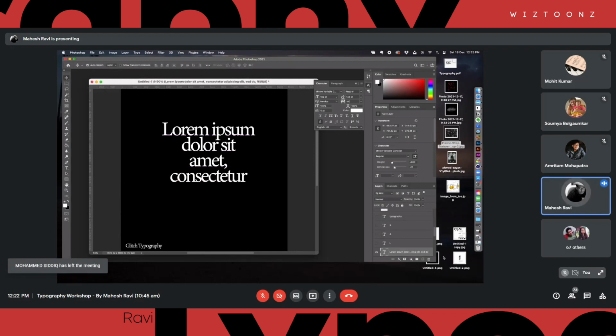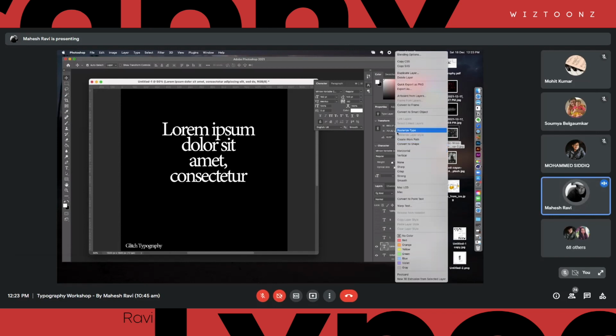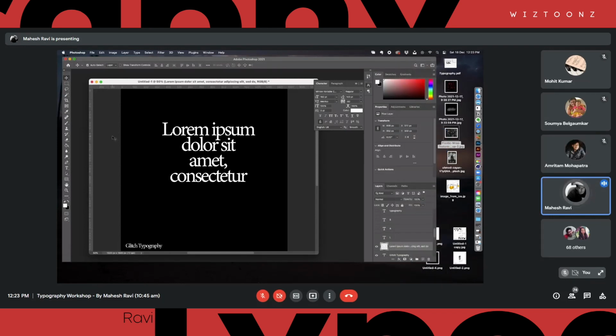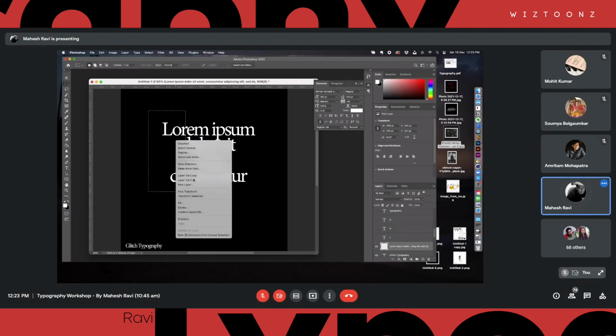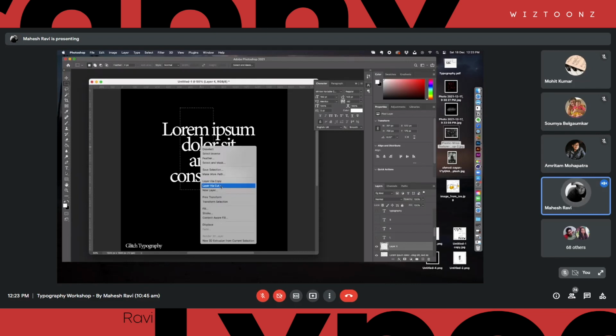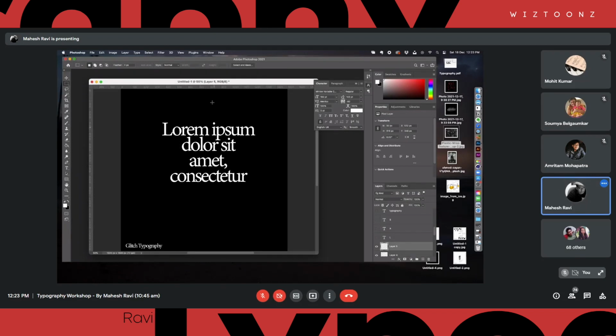Now what I'm going to do is, normally, this works perfectly, but if you want to actually make a difference out of it, I'm going to just rasterize that layer, and I'm going to split the layer into multiple parts, right? Layer where cut. So we have different segments here, right? I'm pretty sure that you might have seen this.